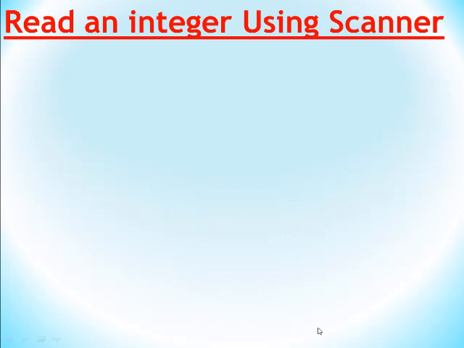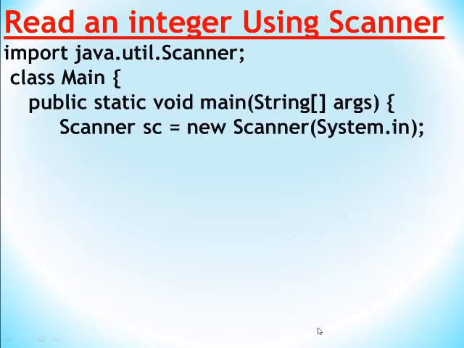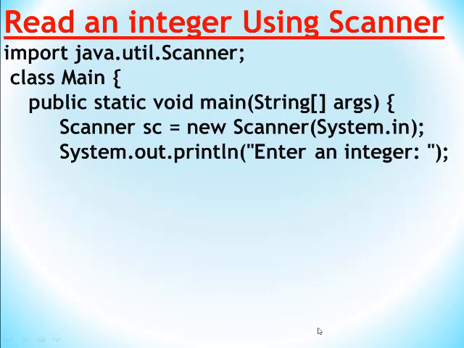Next code, how to input an integer. So again you will import the Scanner class. First statement, declare an object of the Scanner class, Scanner sc is equal to new Scanner(System.in), enter an integer. Any such message can be given depending on the requirement. So the statement to input the integer is sc.nextInt, and because it is an integer value, we'll use an integer variable here. int data1 is an integer variable. You can declare any integer variable on the left hand side that will hold this integer value entered by the user.